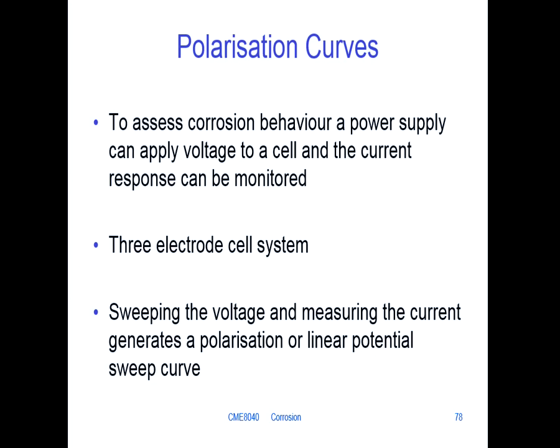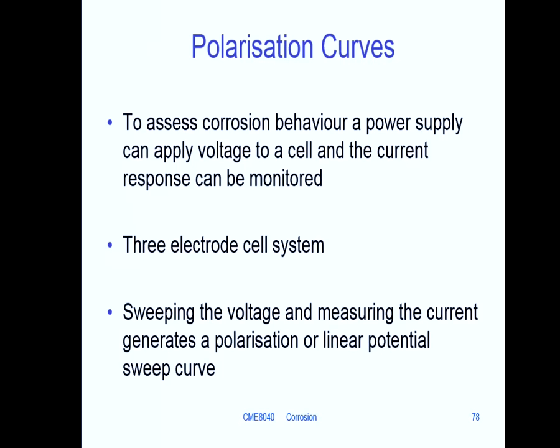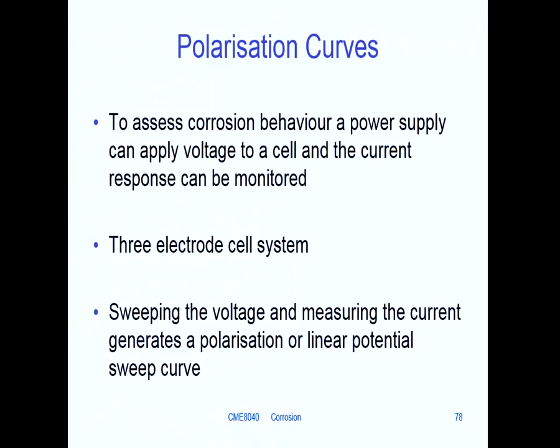And of course, there's an output here. So you've got what they call a three electrode cell system. You've got the material you're interested in, you monitor the potential on that material, and you use another electrode, an inert electrode, to drive the current through your,